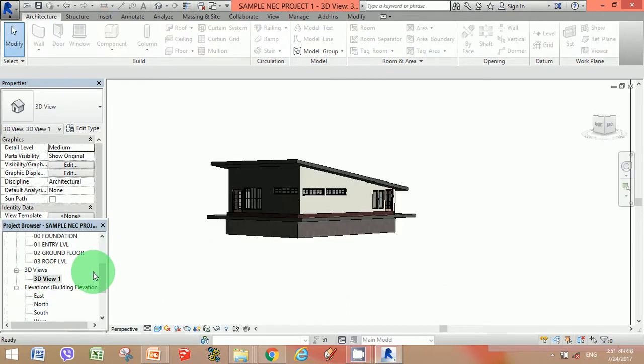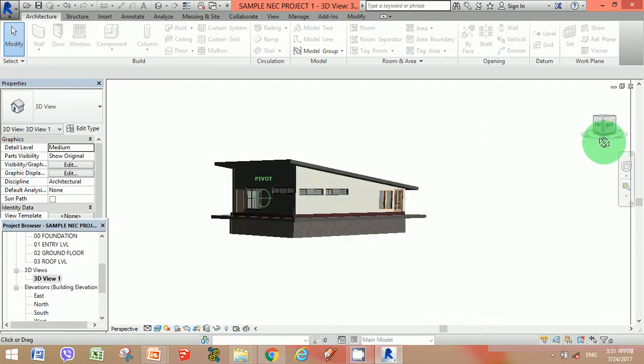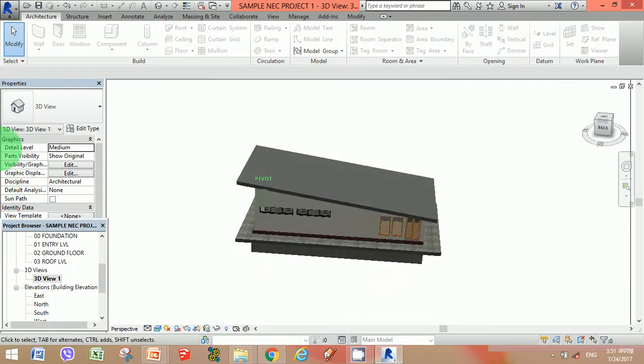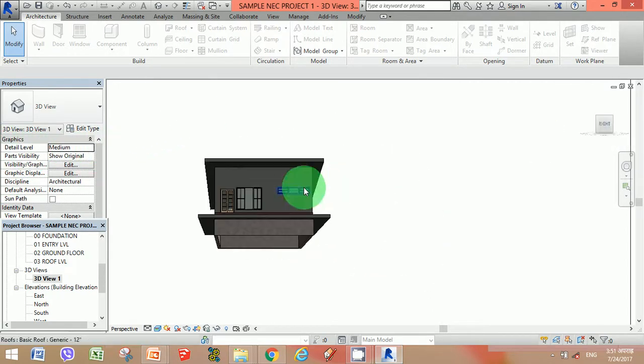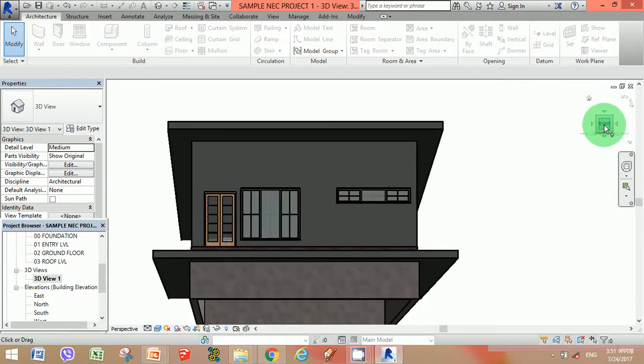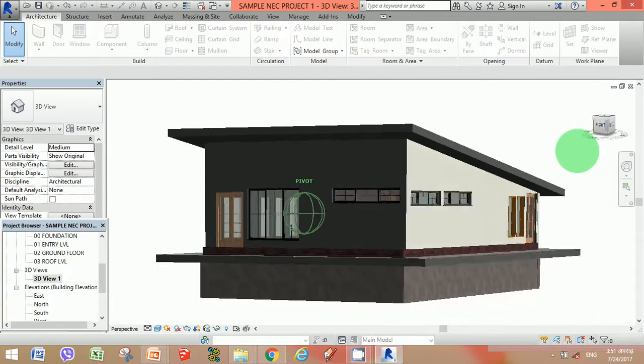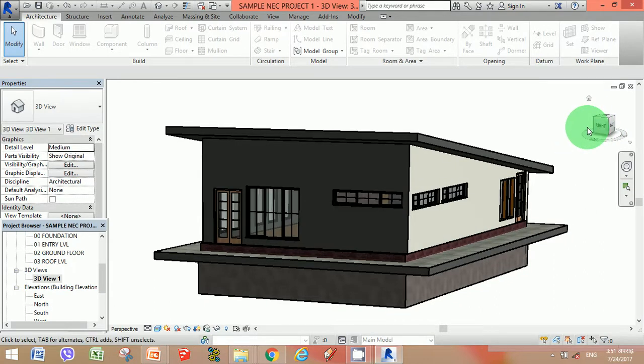Now let's go to the 3D view. I think this looks decent enough. Here you can see that we have successfully made a building with the basic tools.